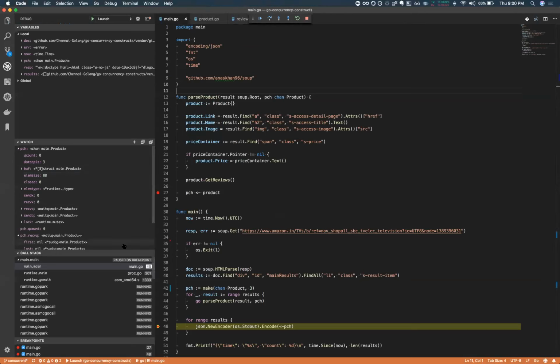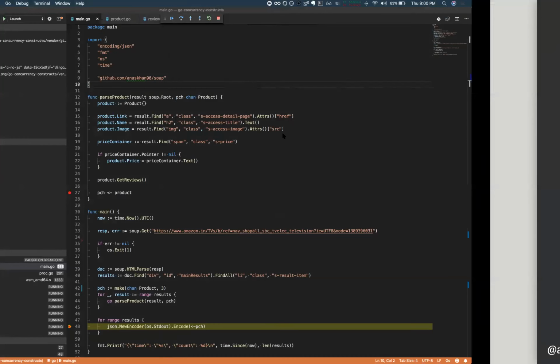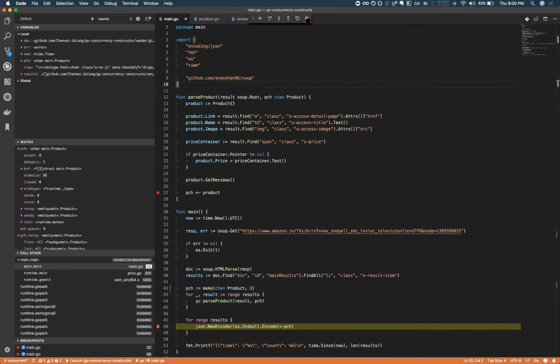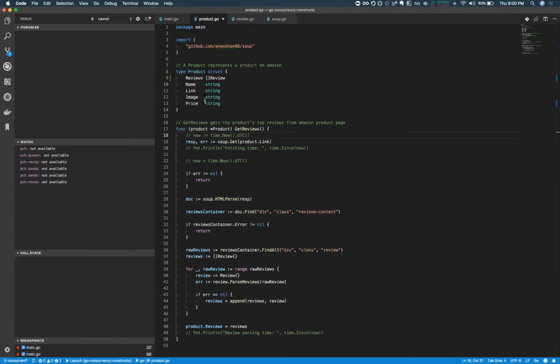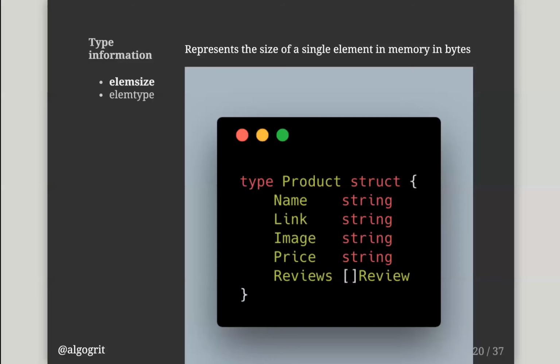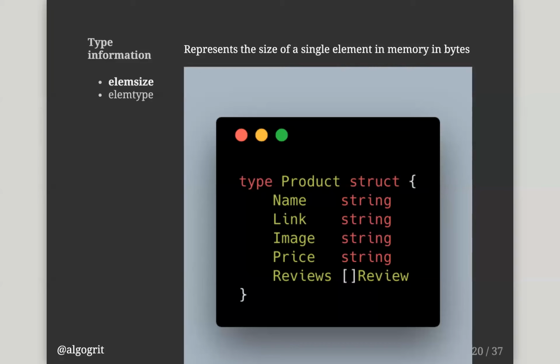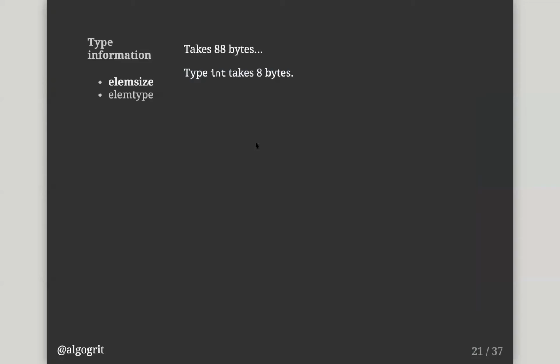I was thinking it might be memory alignment. Does memory alignment cause any issue with this size? No, it doesn't actually. It's not about contiguous memory. Strings and arrays are not stored in the stack, whereas element size looks at the memory in the stack.